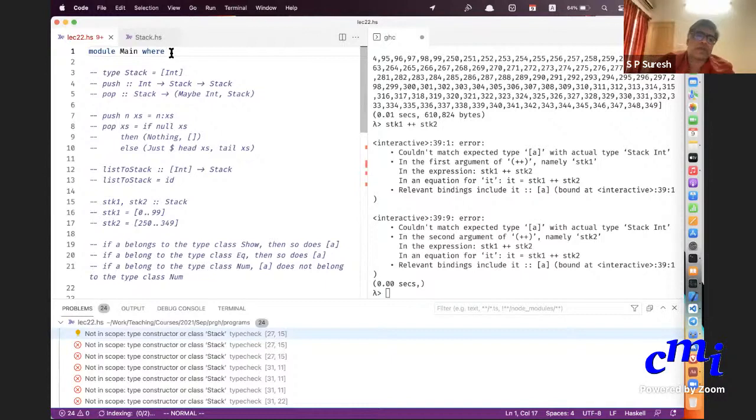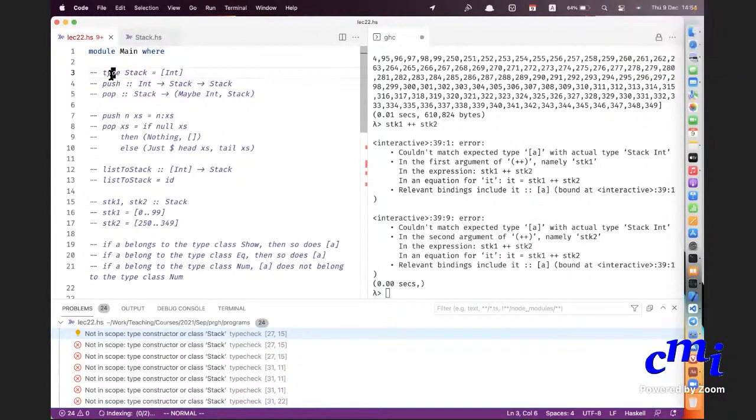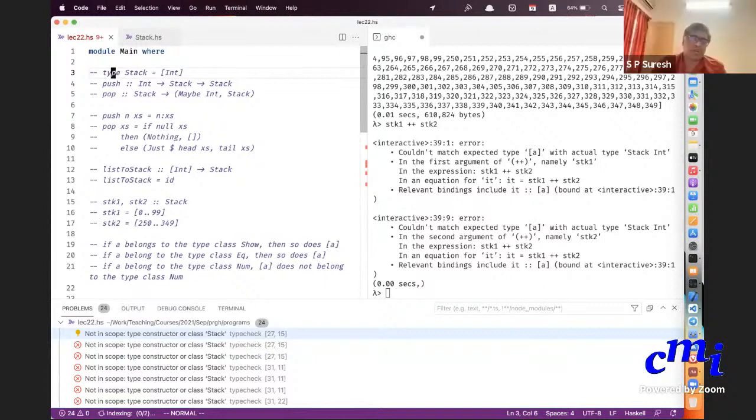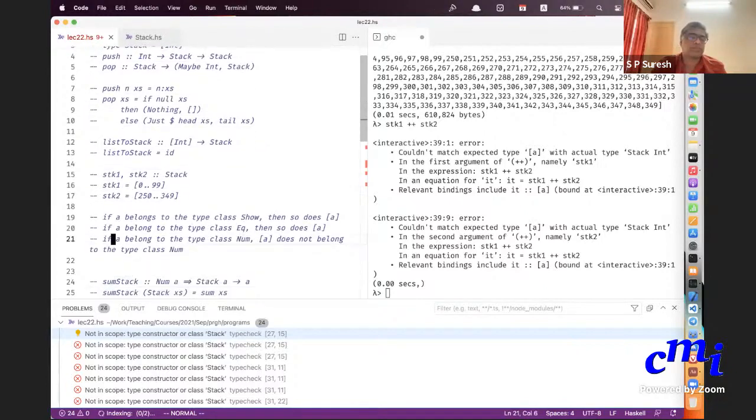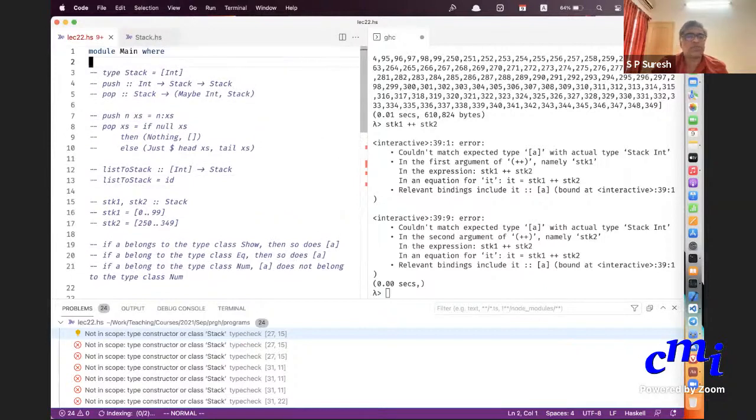Any guesses? Import the module Stack, right? That is what we do. One second, let me delete all this commented out code. It's not so important.